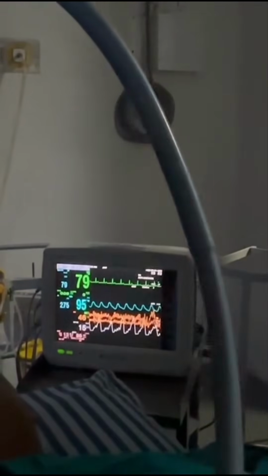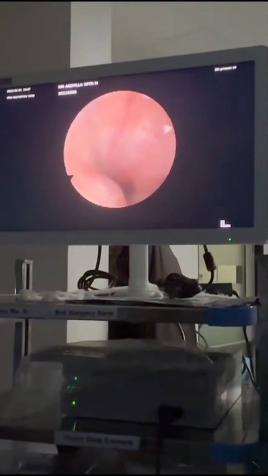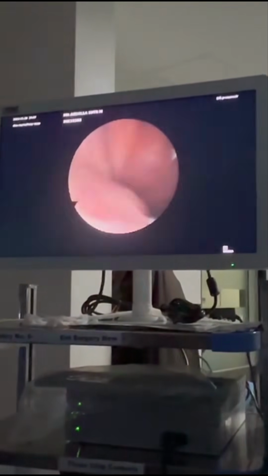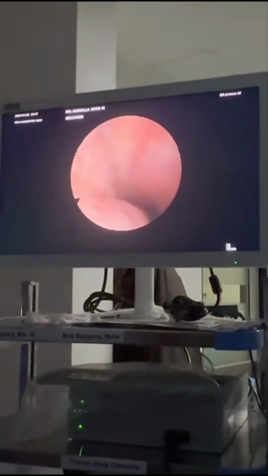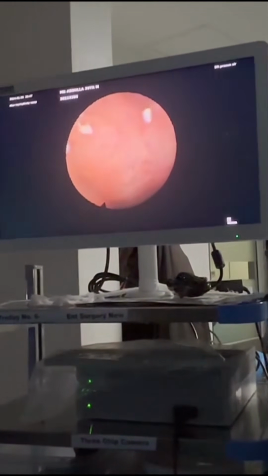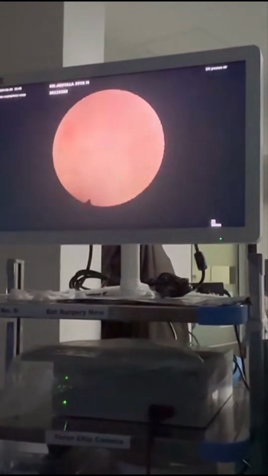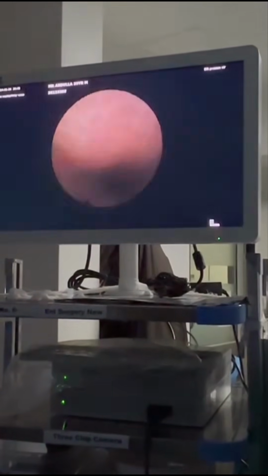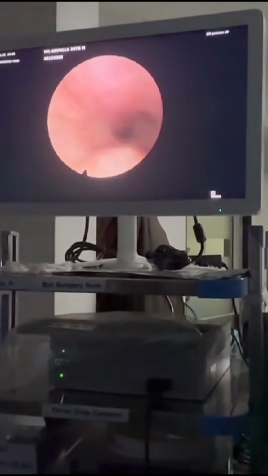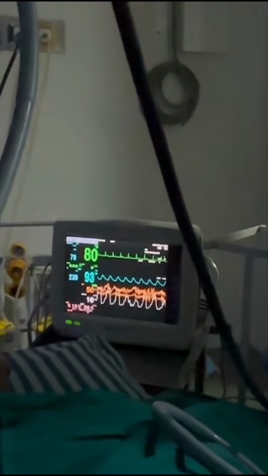Now that the patient is snoring, we need to know the site of the obstruction. It is divided into VOTE, that is velum, oropharynx, tongue and epiglottis. This is the level of velum, which is the uvula. Slowly you will find the patient going into apnea. These patients, when they are snoring, it means they are breathing during the sleep. The moment they go into apneic phase, we will see that the breathing will stop.